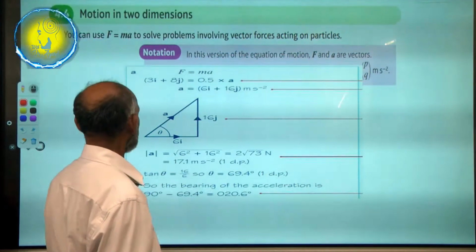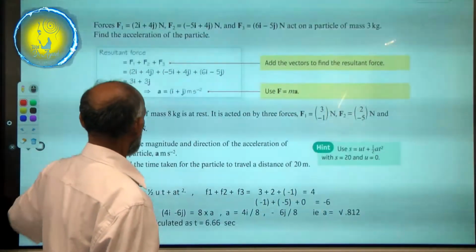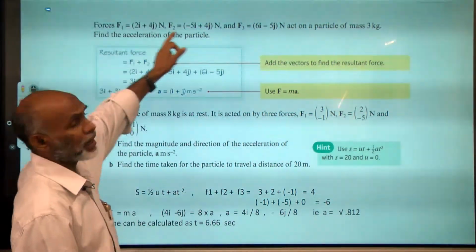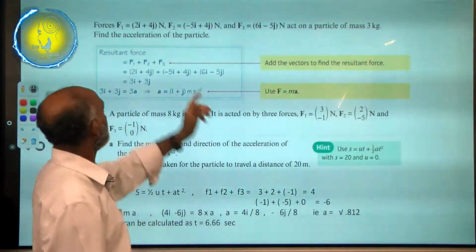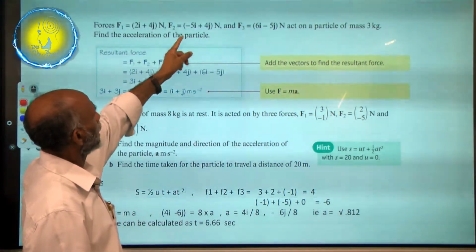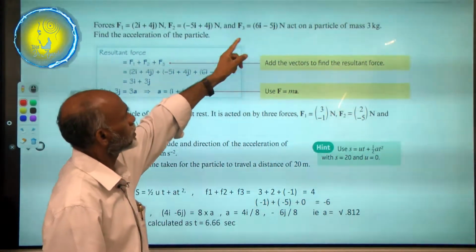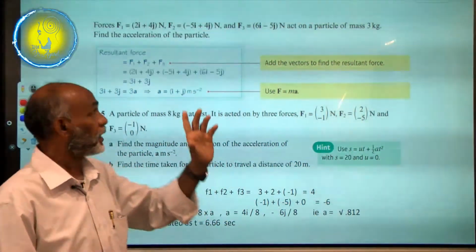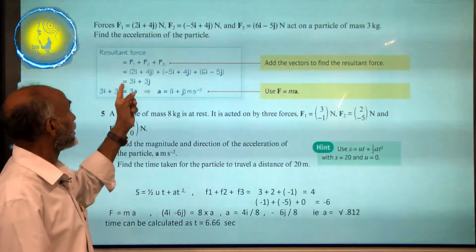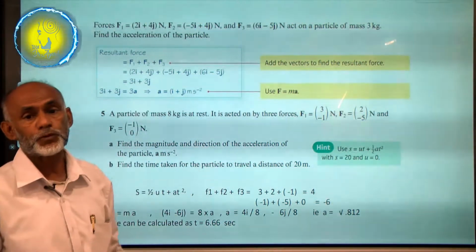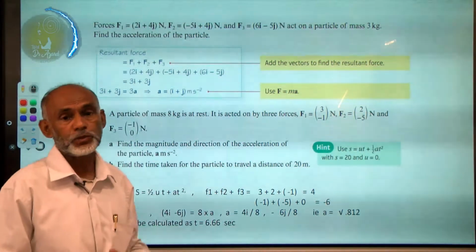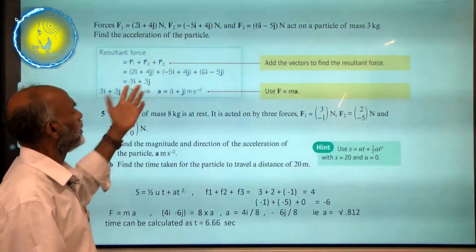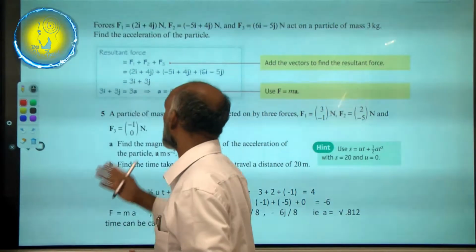Let's go for an example. Here this is a very good example. There are three forces, but we are in vector scale. We can find 2i plus 4j, another force 5i plus 4j, another force 6i plus 4j. When we add all these forces, we will specify what is the i and the j. Here we can say 3i and 3j is the resultant force. This is not the magnitude. We have to find the magnitude. Earlier I told you this is the horizontal and vertical. We can apply the Pythagoras rule to find the magnitude of the force.